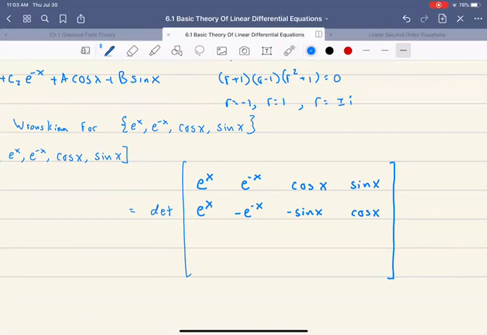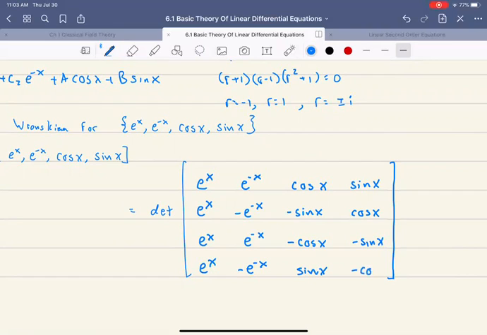Take the derivative again, e to the x, e to the negative x, negative cosine x, negative sine x. Take the derivative one more time, e to the x, negative e to the negative x. What's that? Negative sine, no, sine x,